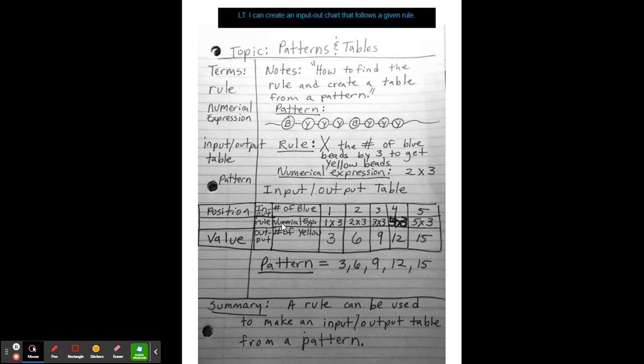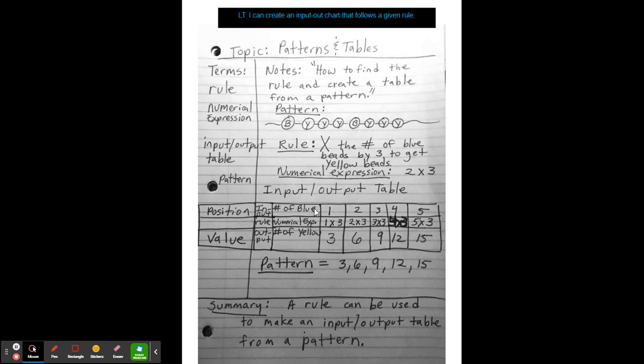I added a middle row called numerical expression. I really think that's very important because you can put your rule and it actually helps you kind of solve the problem. I also put the academic vocabulary for this skill to the side to help you remember